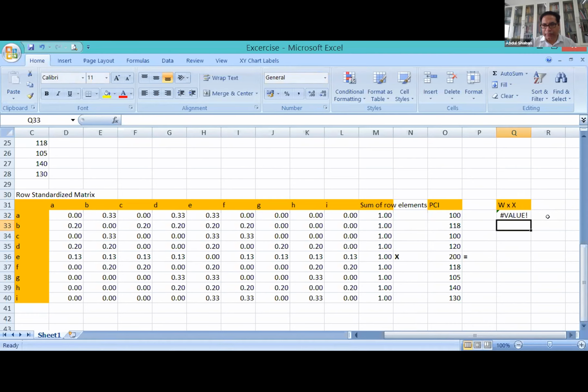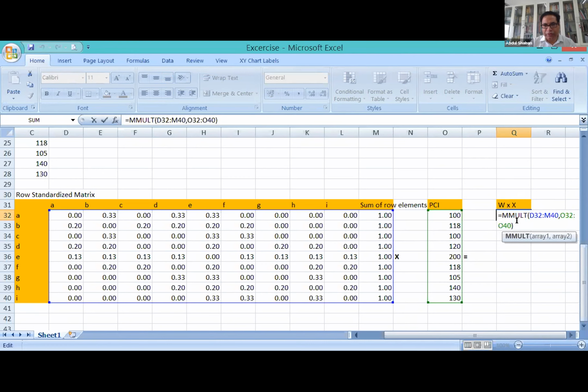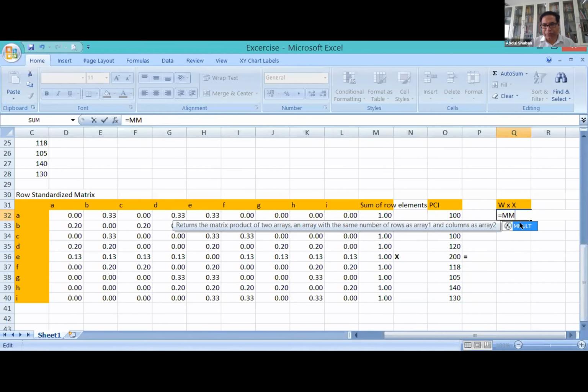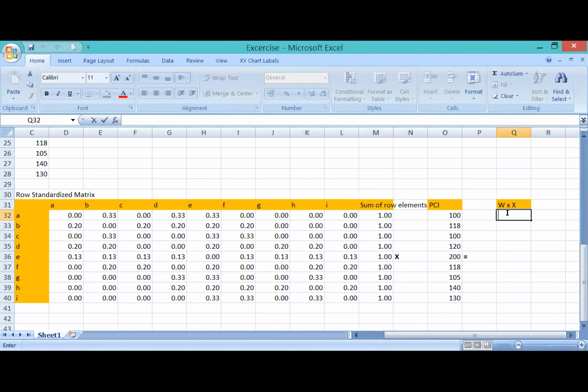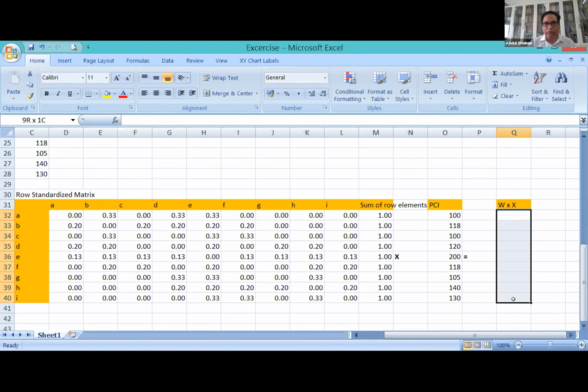What you do, just remove this formula. You block this whole row, you block this whole column. I think she has included the sum of row elements. Oh, she has included. Just see that. Just go back, again multiply. You should not include this, otherwise it will never multiply right.